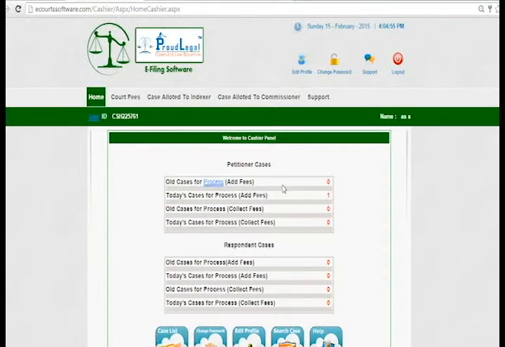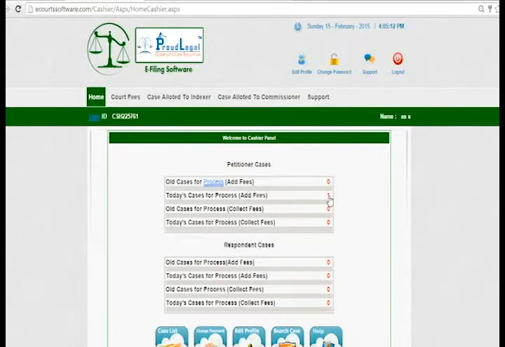So it might be 300, 200 or anything. So I can add the court fee from here. And today cases for process add fee, there is only one case which is registered today for add fee.